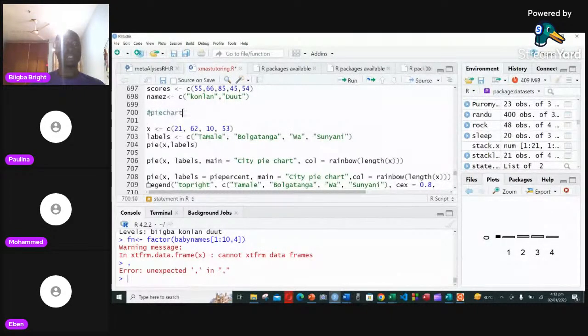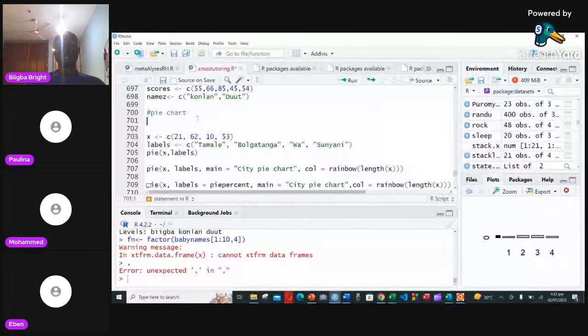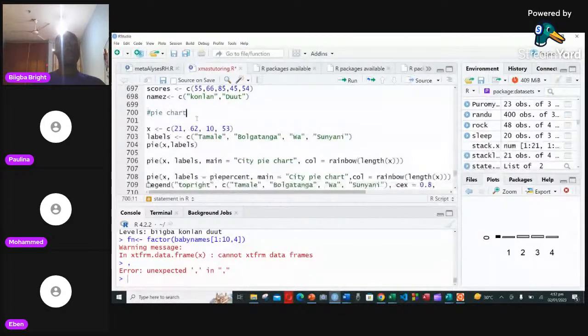The syntax for the pie chart is that you must have the vector, which becomes the data, and you must have the labels. The number of entries of the data must be equal to the number of labels. So I have data here, I call it X, and I have the labels called Tamale. If I want to represent it in a pie chart form,